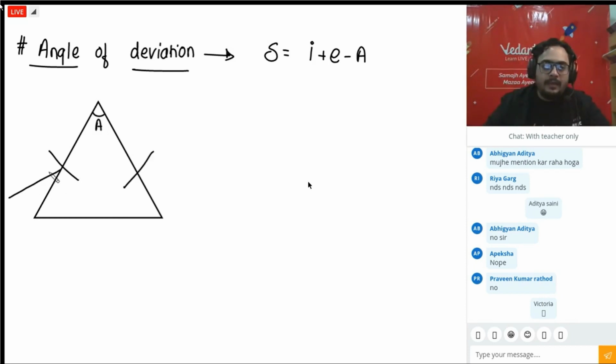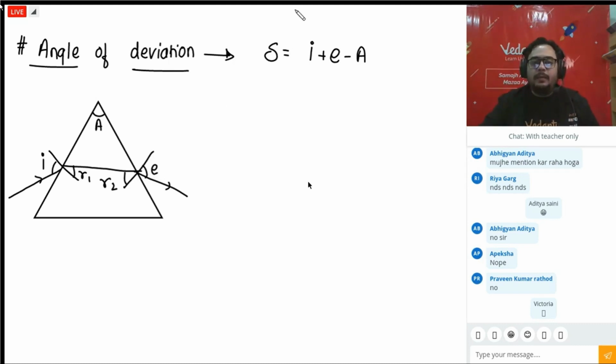This is I1. So this is the angle of incidence on this surface. Ray gets bent. This is R1. This is the angle of incidence on the other surface, but we name it R2. We just name it, that's all. And this is E. I am going to plot a graph of deviation versus I. I only want I here. So let's say this is mu and outside mu is 1.